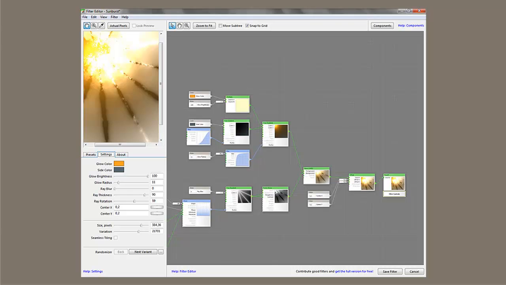Visual node-based programming, editing, modeling, diagramming kinds of systems have become very popular across a wide range of industries. For example, here on the screen we're looking at a tool called FilterForge, which is a really neat application that allows a non-programmer to create really elegant filters without doing any programming at all for Photoshop. So something that is normally completely inaccessible to the average artist is now available to them